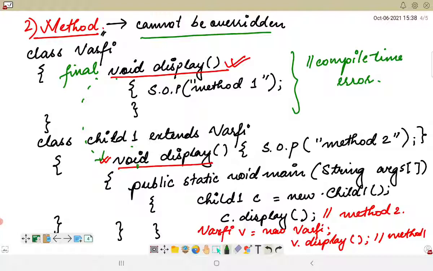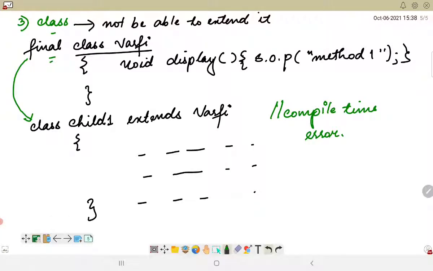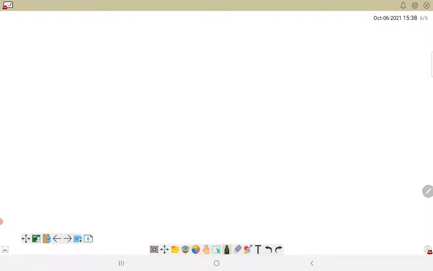Now there is another concept which we talked about, known as a blank or uninitialized variable.